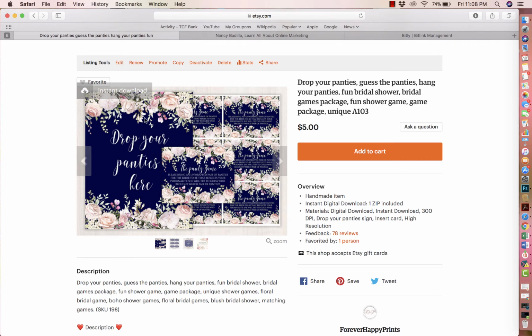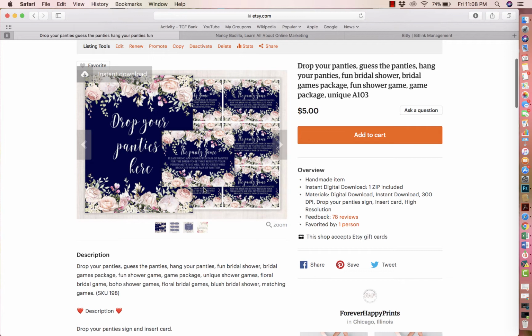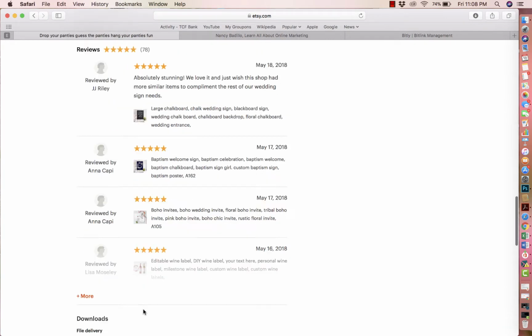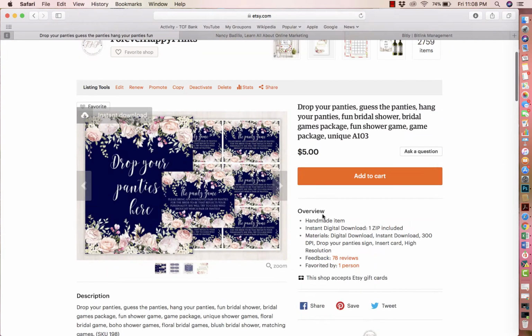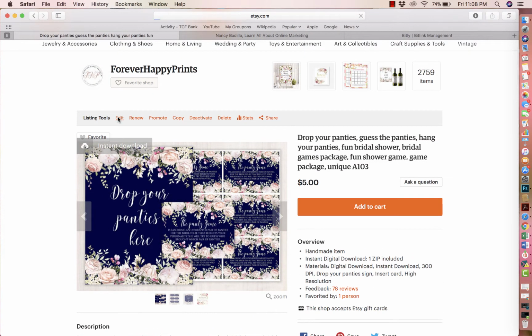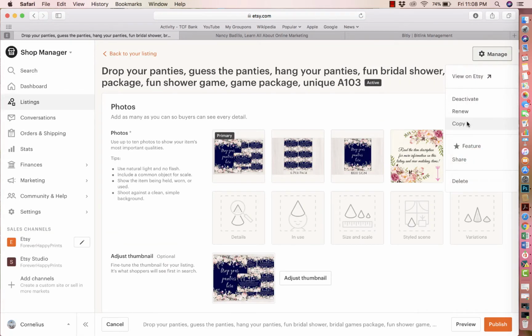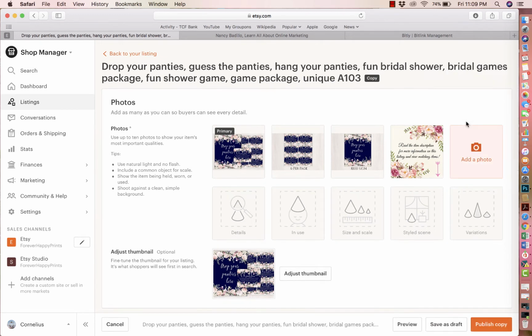You're going to have this one in blue, you're going to have one with white background, you're going to have another one with gray background. Instead of doing this all over again every single time and spending an additional 15 to 20 minutes adding the keywords, creating the listing description, adding the keywords on the bottom, what you could do is, if you go to edit and if you click on manage and you click on copy,